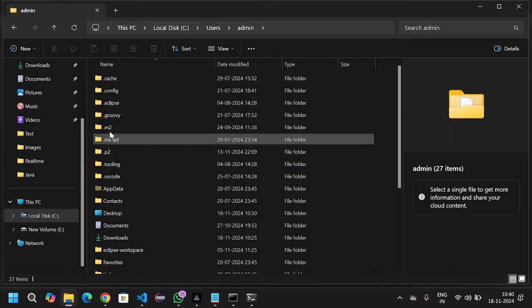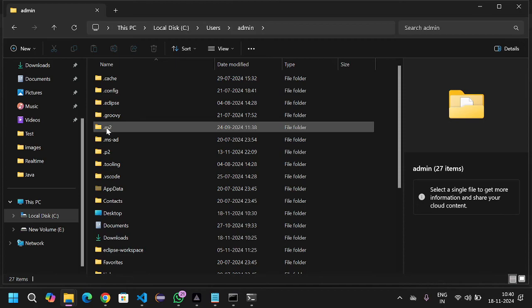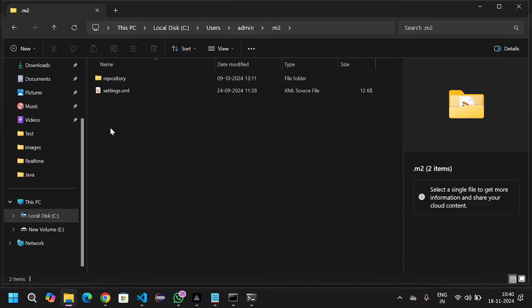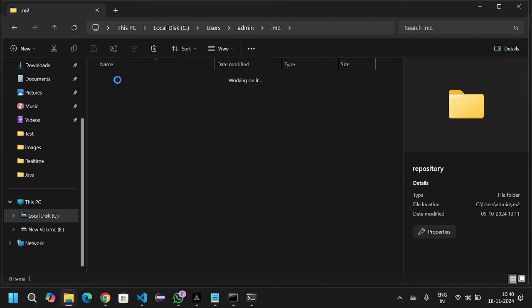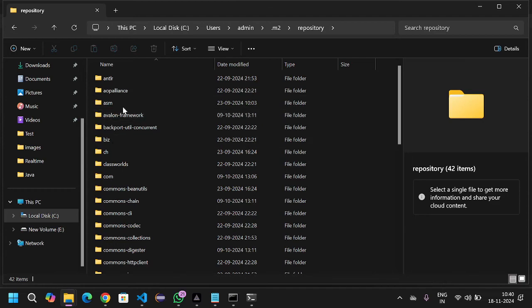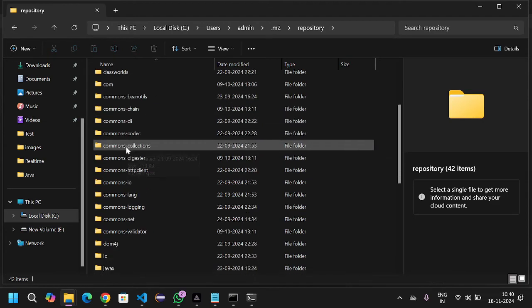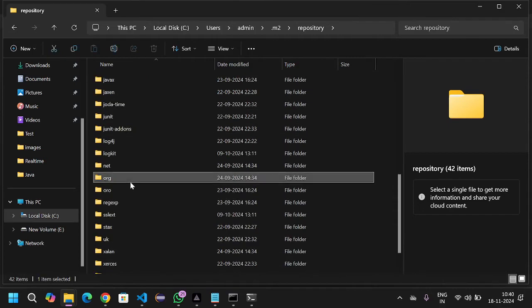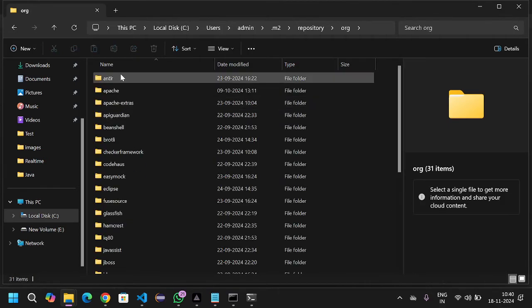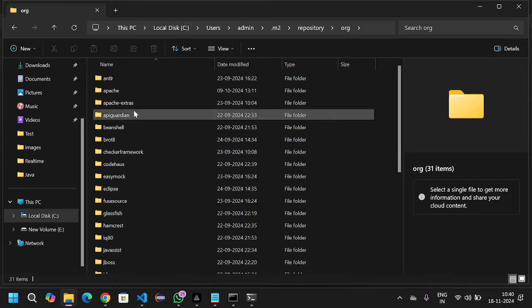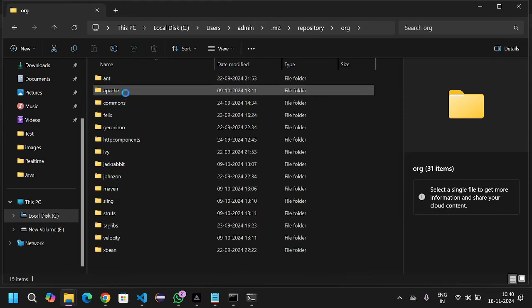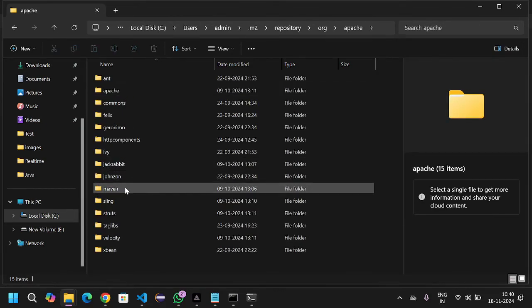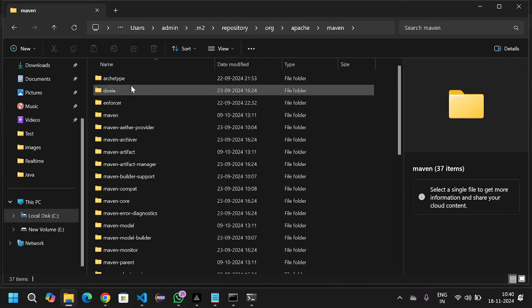Next, you can find the .m2 folder and go inside the repository. Here you can find the org folder, go inside org. Next, Apache, and inside Apache we have the Maven folder. Go inside Maven, archetype,